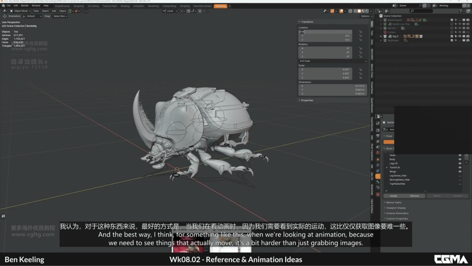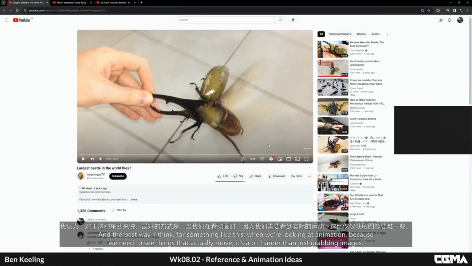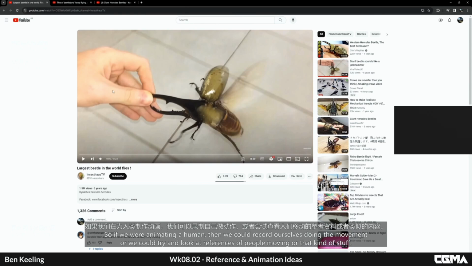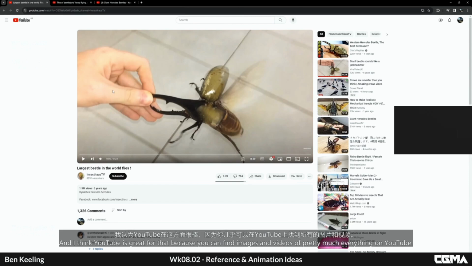And the best way, I think, for something like this, when we're looking at animation, because we need to see things that actually move, it's a bit harder than just grabbing images. We can't necessarily do that. So if we were animating a human, then we could record ourselves doing the movement, or we could look at references of people moving. And I think YouTube is great for that